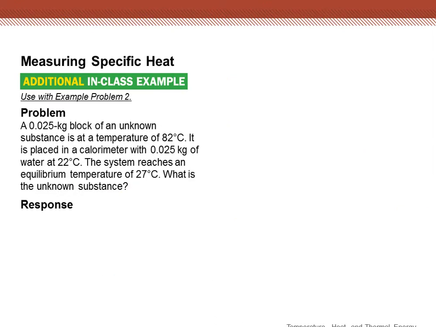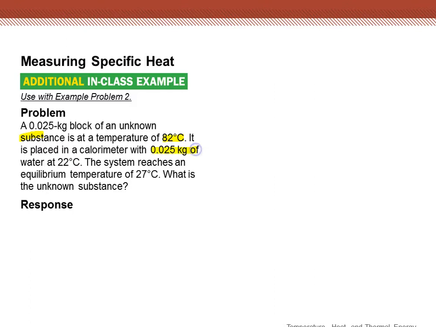Looking at another example, we have a 0.025 kilogram block of an unknown substance. And this process that we're about to look at here is actually used a lot of times to identify unknown metals. So if you have a metal substance and we don't know what it's made of, we can use this process to discover the components. It's at a temperature of 82 degrees Celsius, and it's placed in the calorimeter